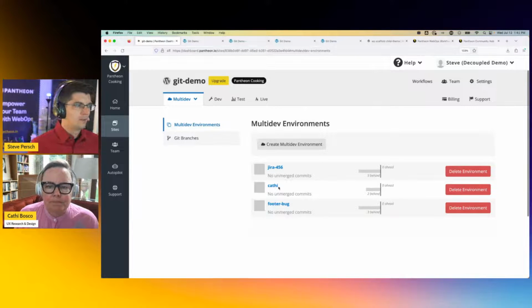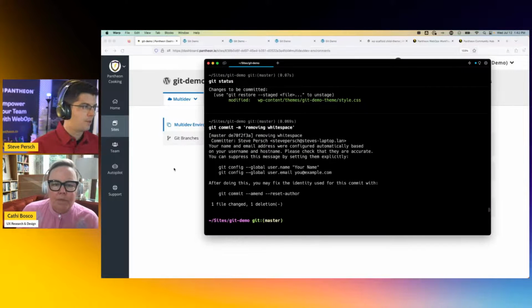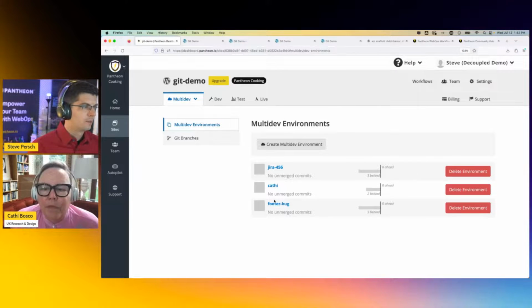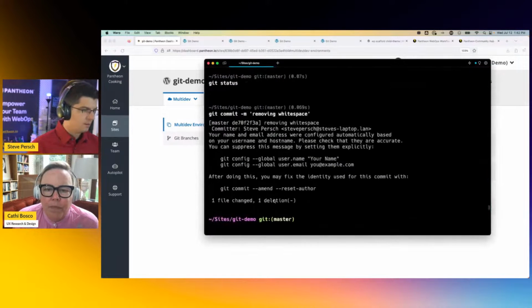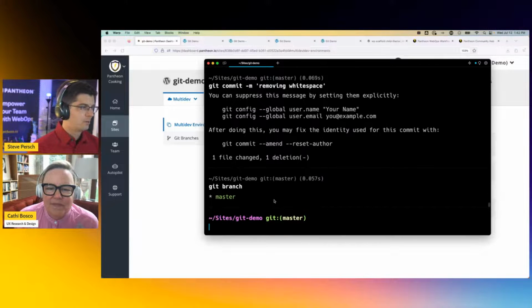So there's a Git branch named Kathy, a Git branch named Jira 456, a Git branch named Footerbug, and to see that from another perspective, we're seeing the list of multi-dev environments here. Might as well make this bigger. That's better. On the command line side of things, if I do the command git branch, I will